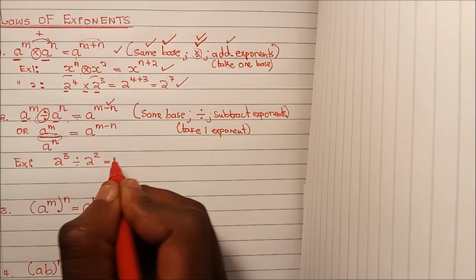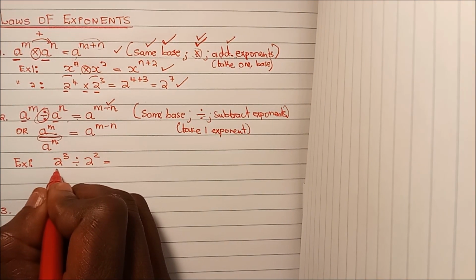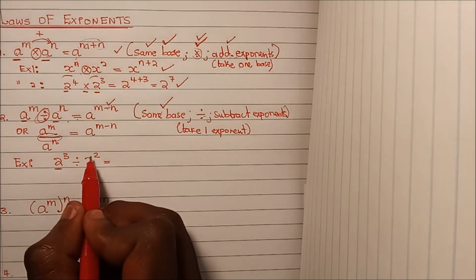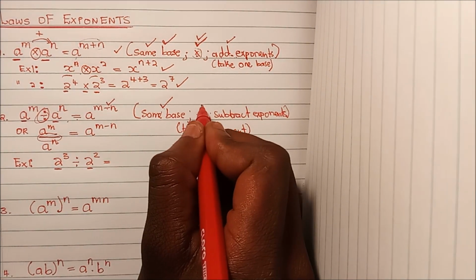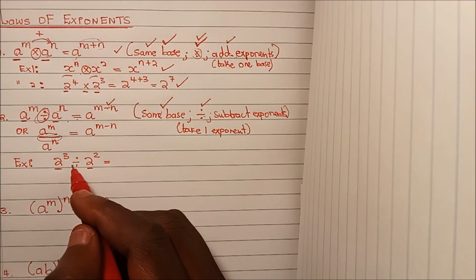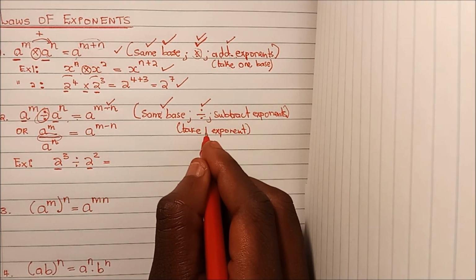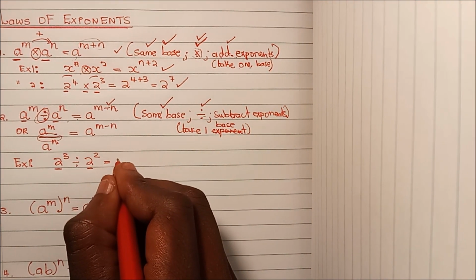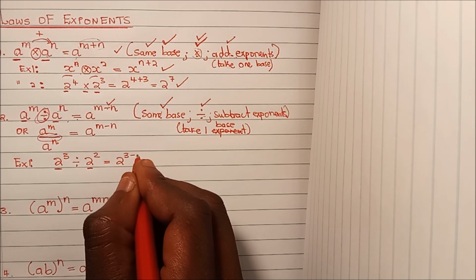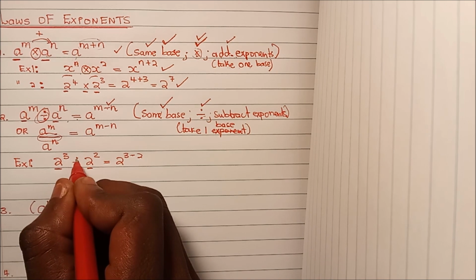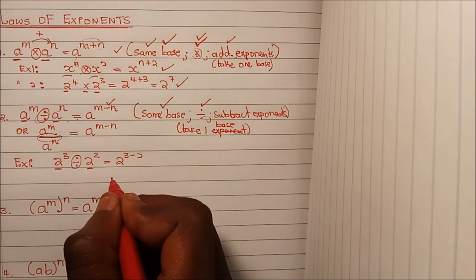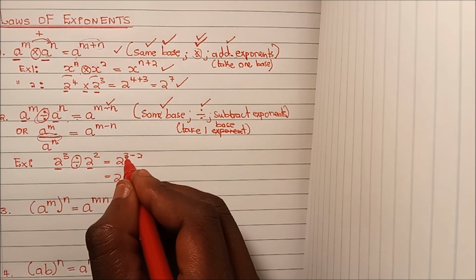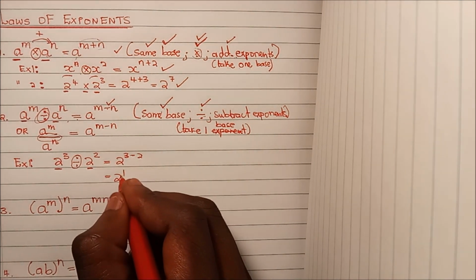Remember, we're going to tick. Look at the bases. Are the bases the same? Yes, you tick. What is the middle sign? Division. Yes, you tick. What do you do with the exponents? You subtract them. Remember, you take one base. Okay, I made a mistake here. So it's going to be 2 to the power of 3 minus 2. Why are we using minus? Because the middle sign is division. So now you can punch in your calculator what is 3 minus 2, or you can use your head. 3 minus 2, it's 1. Even if you don't write that one, your final answer